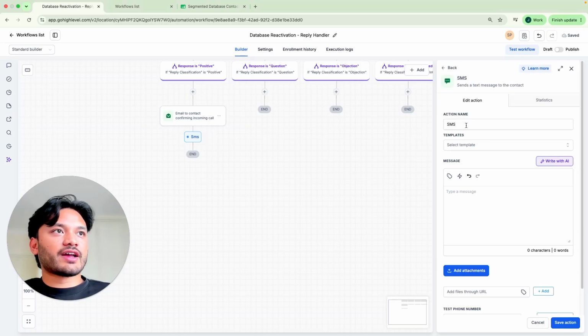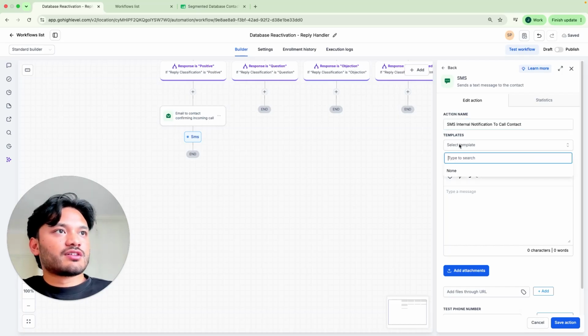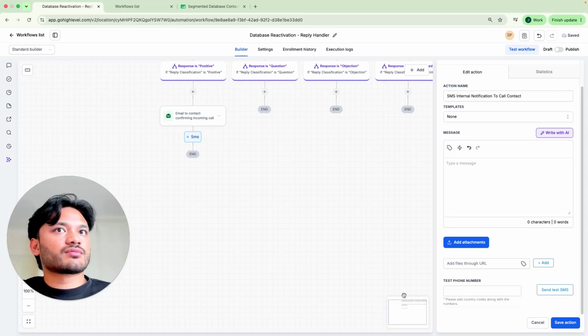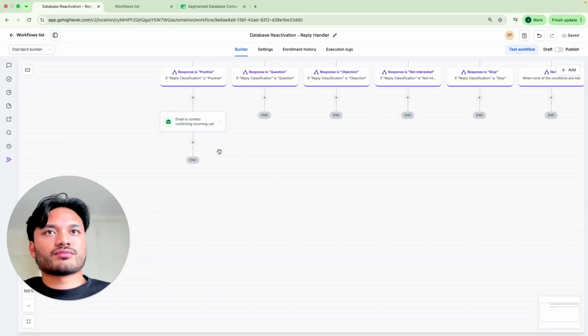So we'll click SMS, internal notification to call contact, template, none. And after we send that email, we want to get someone from your team internally to call this contact ASAP